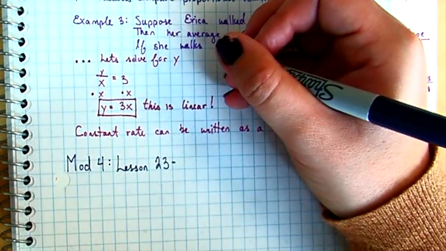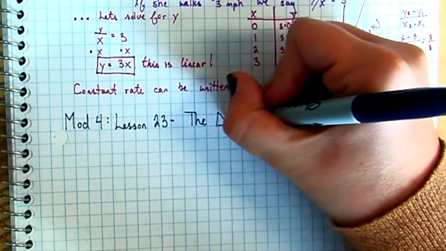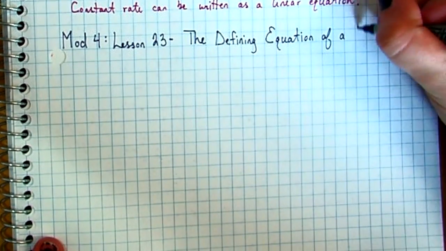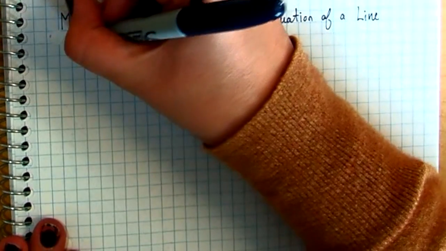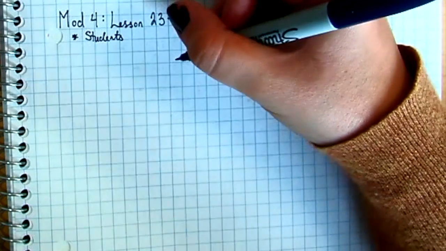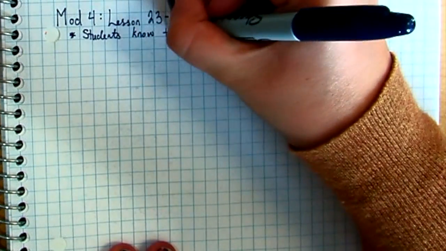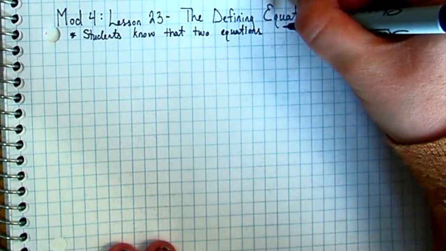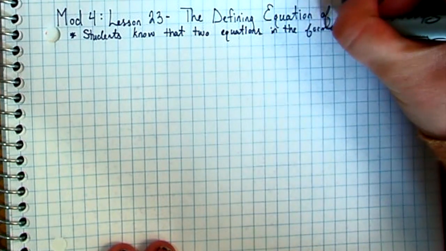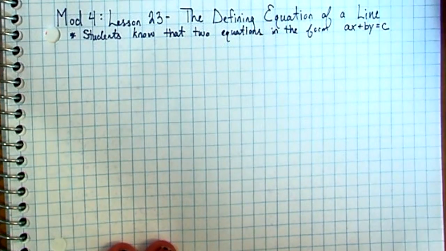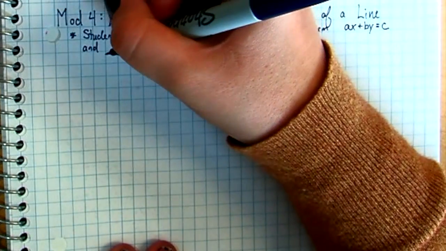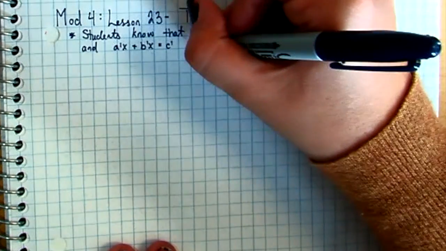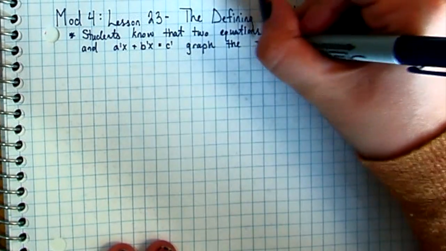Moving on to Module 4, Lesson 23, we're going to focus on the defining equation of a line. So what does that mean exactly? We're going to be looking at how equations can look different but actually graph the same line. Students know that two equations in the form ax plus by equals c and the form a prime x plus b prime y equals c prime are going to graph the same line